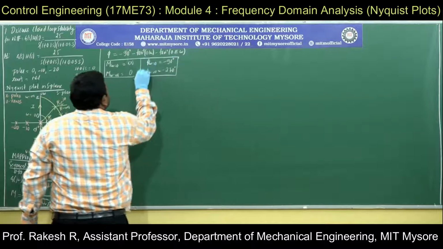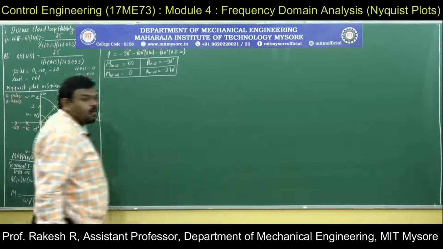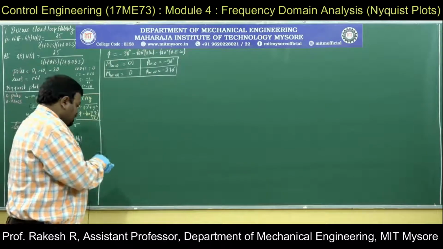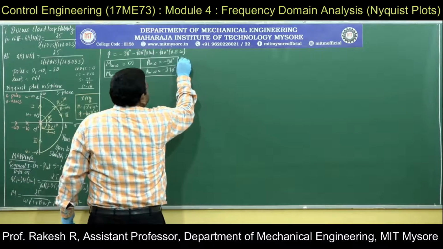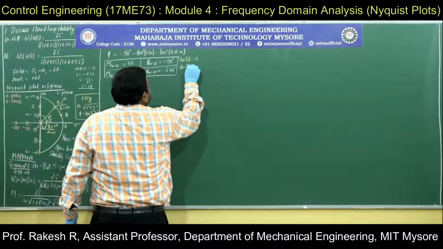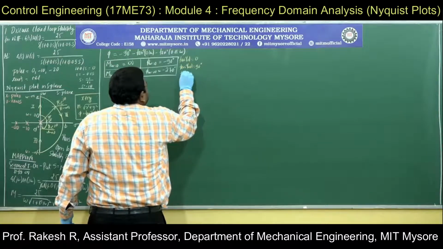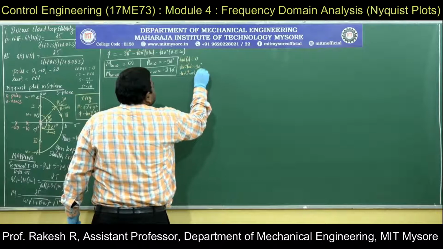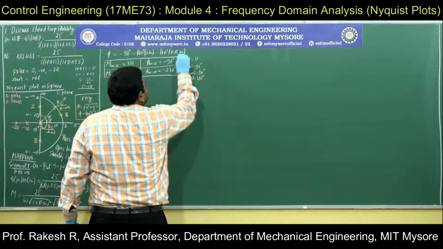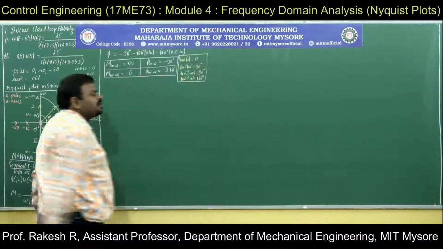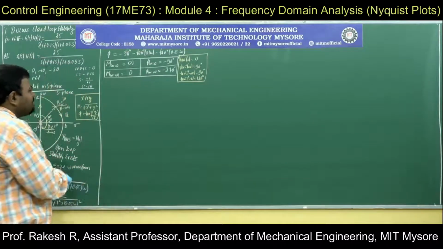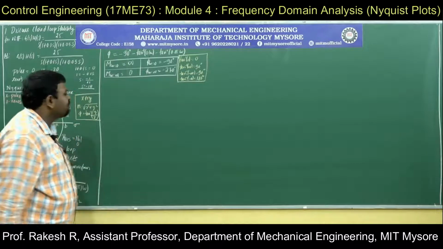This is the final calculations or transformation part of OA in S plane to OA in G of S H of S plane. So remember these values always. Tan inverse of 0 is 0 degree, tan inverse of infinity is 90 degree, tan inverse of minus infinity is minus 90 degree, and tan inverse of minus 0 is 180 degree. These things you have to know, because you won't get this in calculator. So these values you have to remember. This is a basic trigonometric function what we have solved.